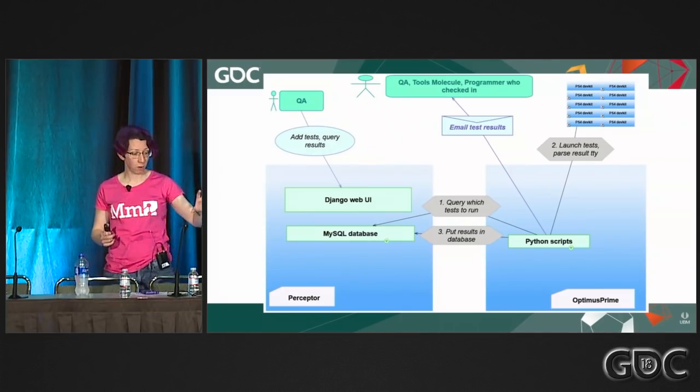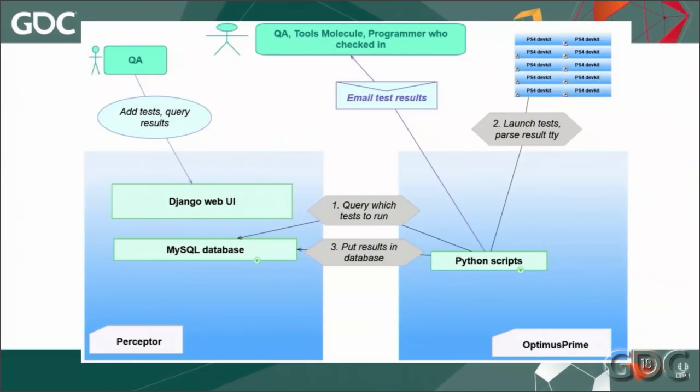So to run the actual tests, we have some Python scripts. Django uses Python, so we wrote the rest in Python so that we could share code. We've got a script that watches for new builds and puts in test requests. We've got another script that grabs the test request, sends each replay off to a dev kit with the relevant ELF. It gets back the results, it parses the TTY, it puts the results into the database. And then we have a third script that cleans up after everything else.